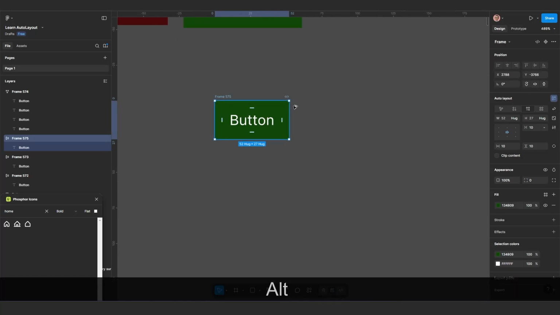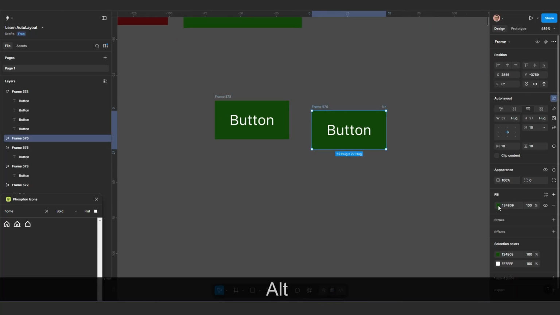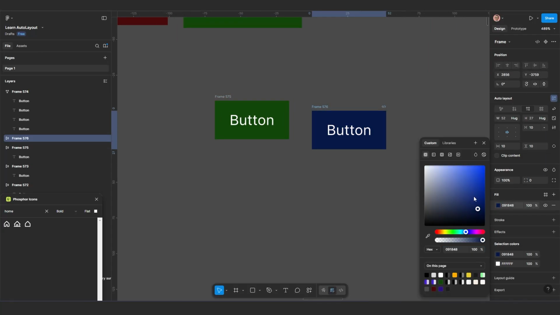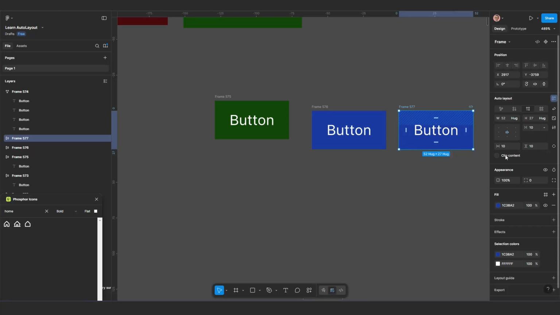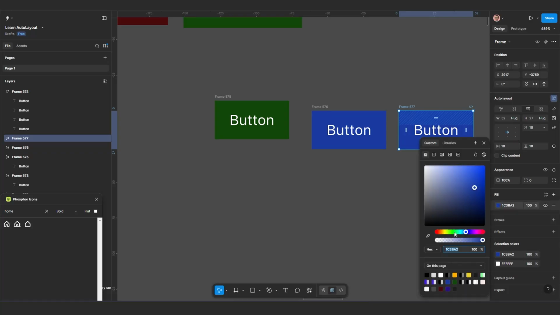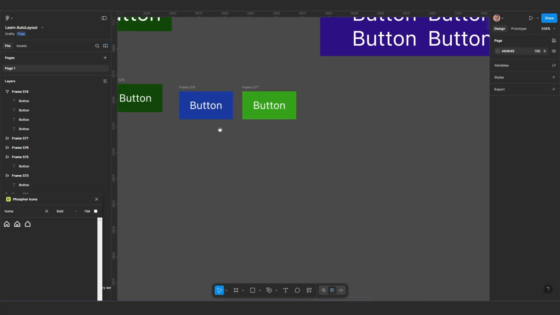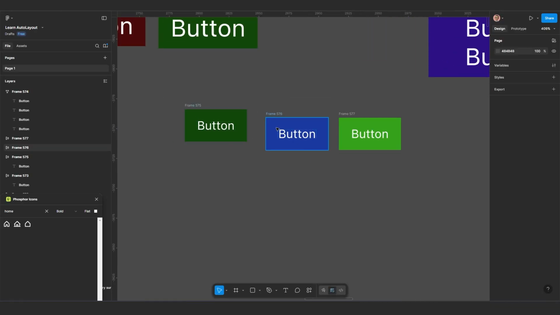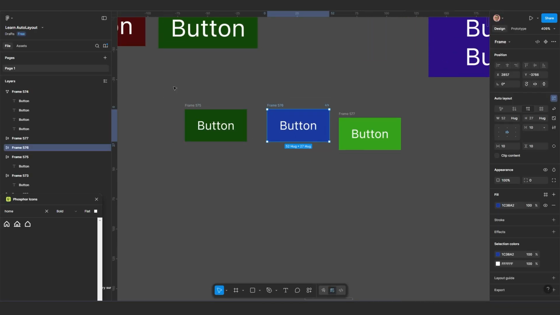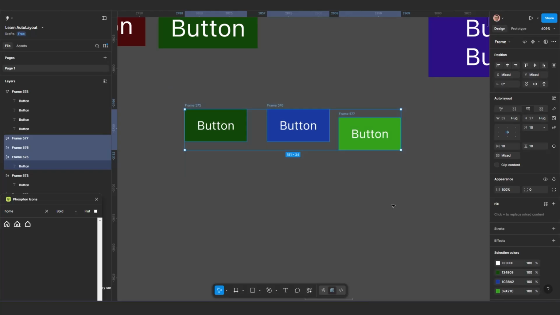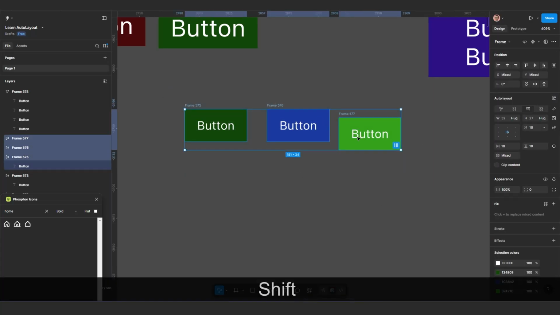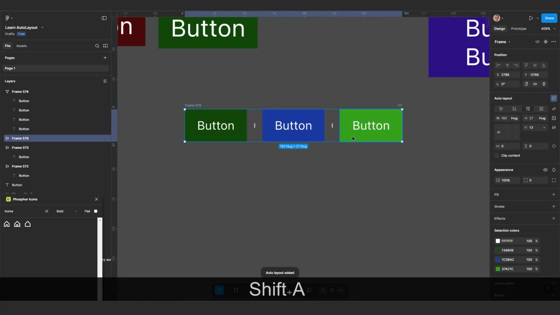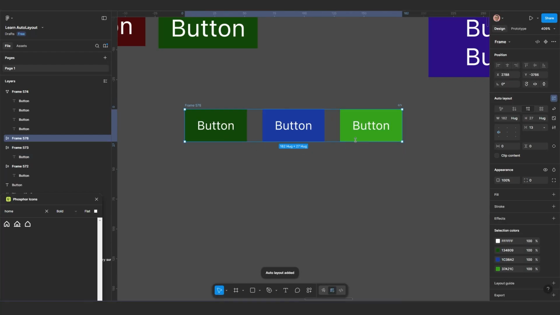duplicate this guy like this and change the color to something like this, I just want to have different colors so it's not going to be confusing. Like this. Okay, now, since these guys are already auto layouts, you can also select all of them, like select this, hold shift, select this and this, and you press shift A to add auto layout on them. Now on this auto layout,